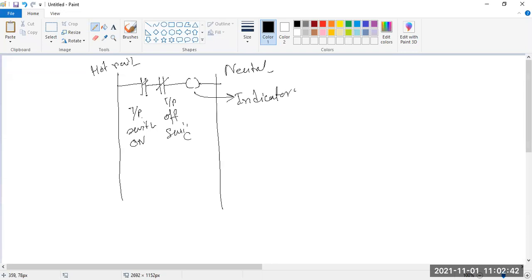So what happens whenever I turn this on, maybe with a push button, maybe another way, maybe remote, I push it or turn it on, then what happens? A current will flow from this side to this side. This is the NO switch, this is the NC switch. So whenever I turn this on, then current starts to flow from here, and it comes to here. Then it will glow, and this is going on. Okay, so it is starting. But whenever I push this button or I operate this NC switch, what happens?